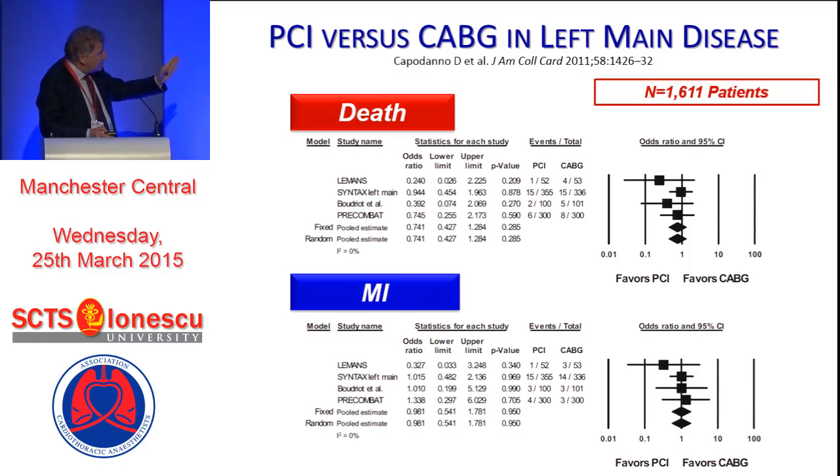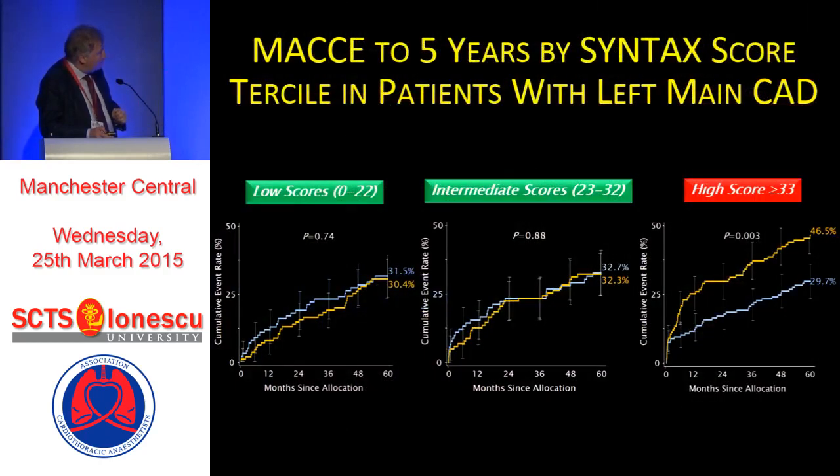There is no difference between PCI and CABG in this meta-analysis. What about the SYNTAX score? If we look at the SYNTAX trial, in patients with left main disease, you can see that for patients with a low or intermediate score, there is no difference. And for patients with a high score, there is a difference of about 16%. It's about the same statistical difference of absolute risk reduction or absolute risk increase, depending upon whether you consider CABG or